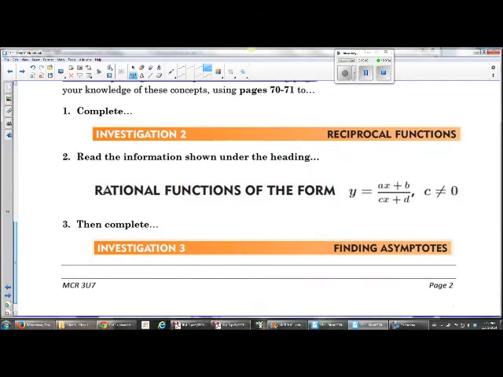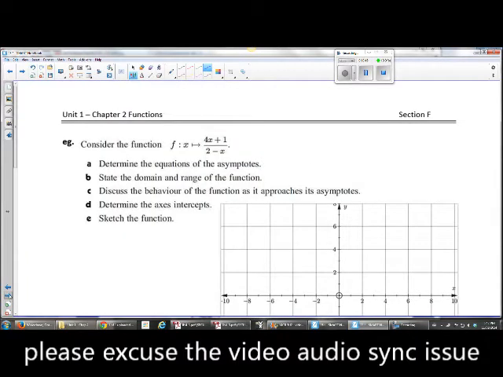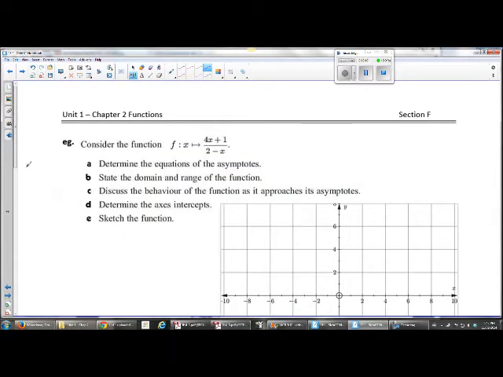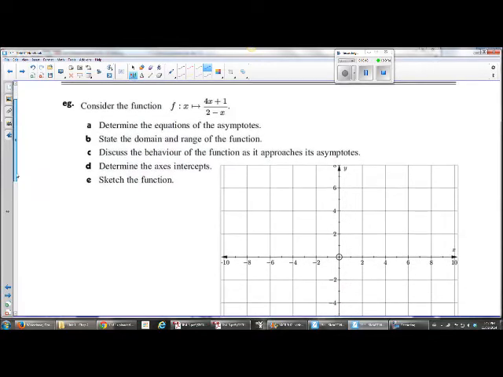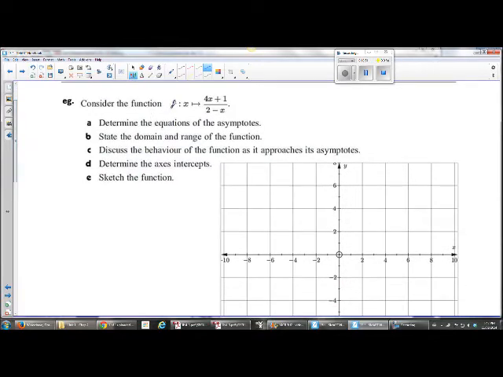So we're going to consider this function f such that x is converted into (4x + 1)/(2 - x). First of all, we're going to determine the equations of the asymptotes. And so the equations of the asymptotes, for part A,